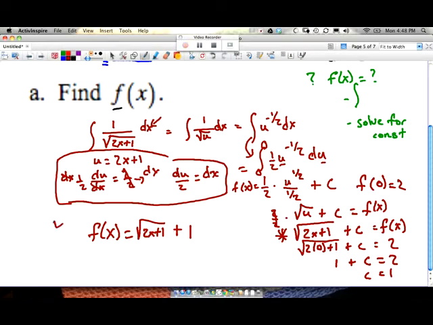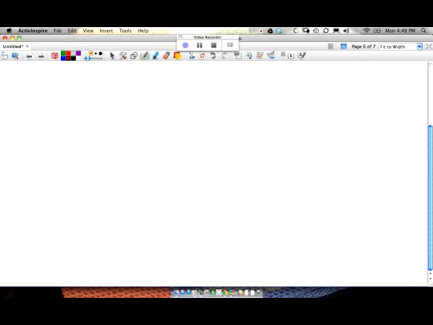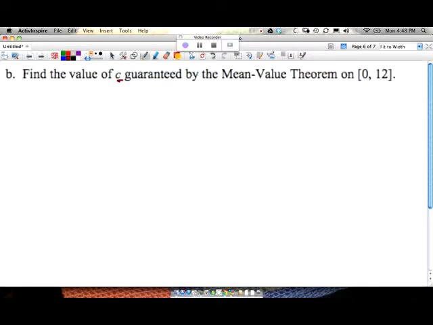Right, that's a good thing. We finished it. Check, done. Let's see what else we got going on. So for part B, if we scroll up here, find the value of c guaranteed by the mean value theorem